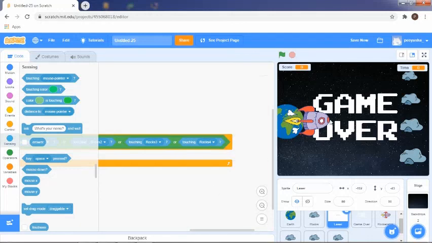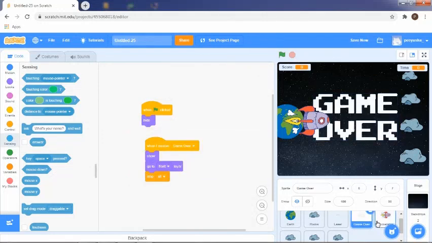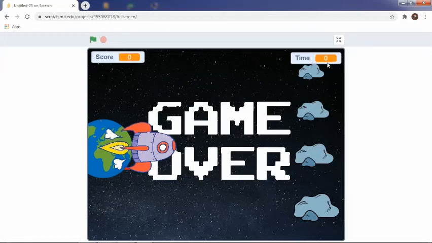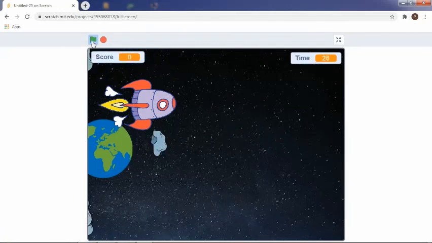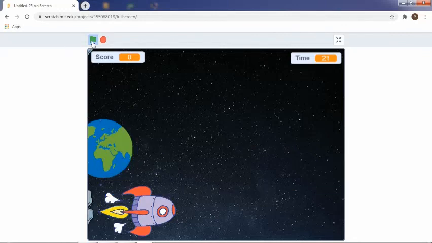We included a score and a timer. The timer this time is running from 30 seconds onwards, like it's supposed to decrease in decreasing fashion. Then we have the laser, we have game over on our screen. So if I'm not wrong, we have programmed for everything, and now it's time to test it on our game and check and see if it's working fine. So let's maximize the screen, click on the green flag, use the up down keys. Okay, so yes, my laser is